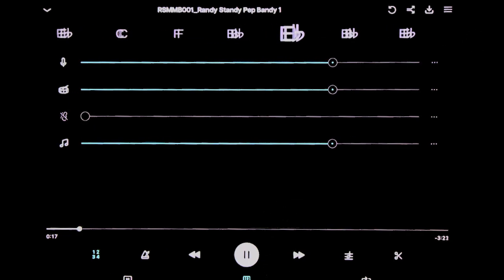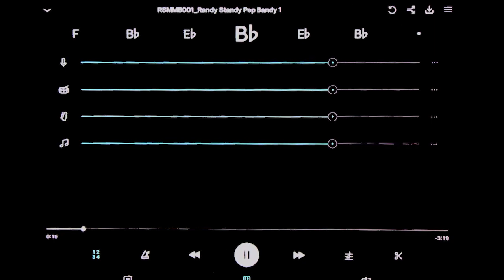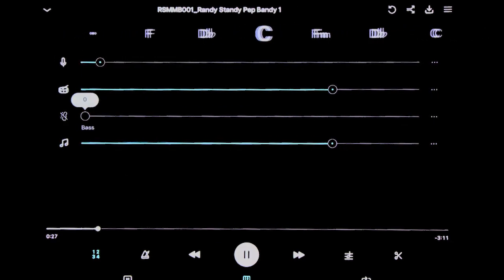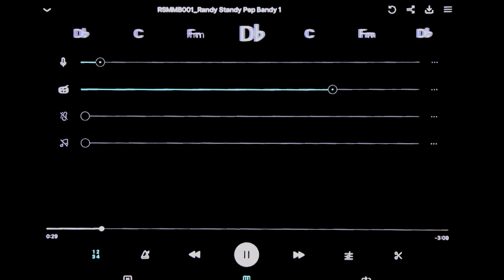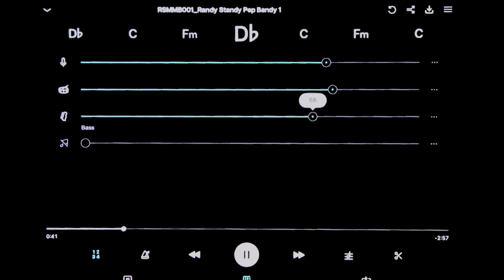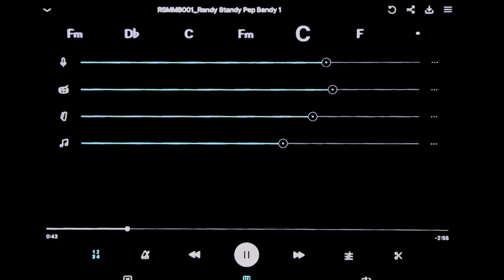Oh, wow. And so let's say you're getting ready, this is pep band music, and your drummer is gone that day. You could slide all of these off and you've just got the drums. And then your band could practice with the drums as well. Oh, excellent. And this is great too, you can transpose and it'll do it right in time as well. And give you all sorts of different options. You can speed it up and slow it down right as you're playing.